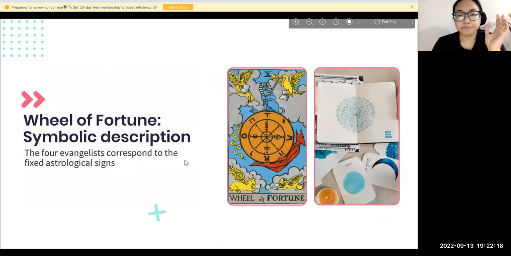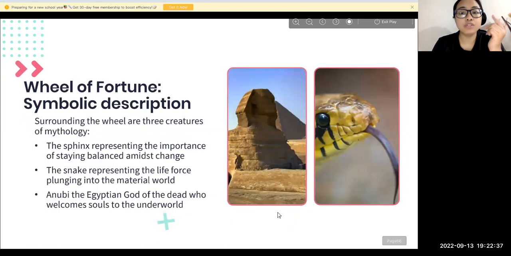If you really look at these, all these signs are astrological signs, which also means your star is getting changed. If you're going through a very bad phase right now and the Wheel of Fortune comes, it means your fortune is coming. Something good is going to happen in your life. Your life is changed because of the good karma you have done. You are now going to get the reward and reap the opportunity.